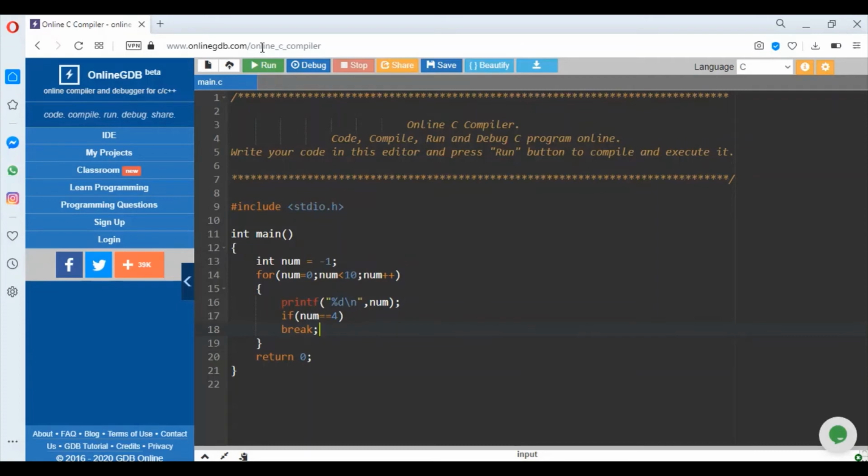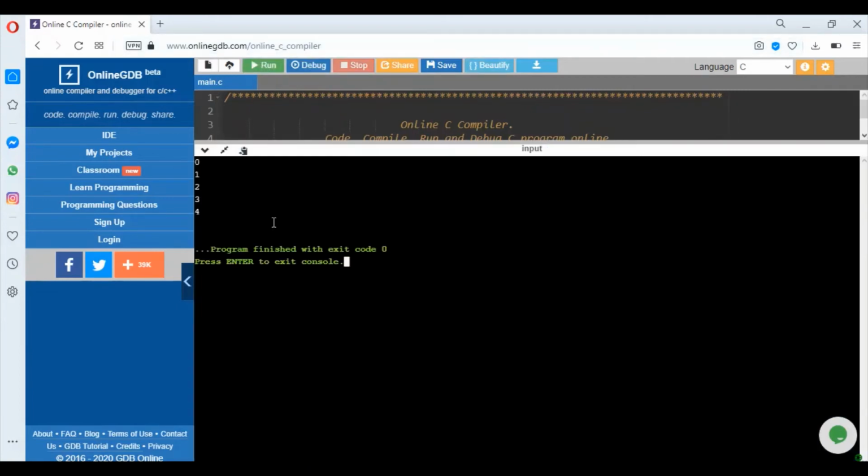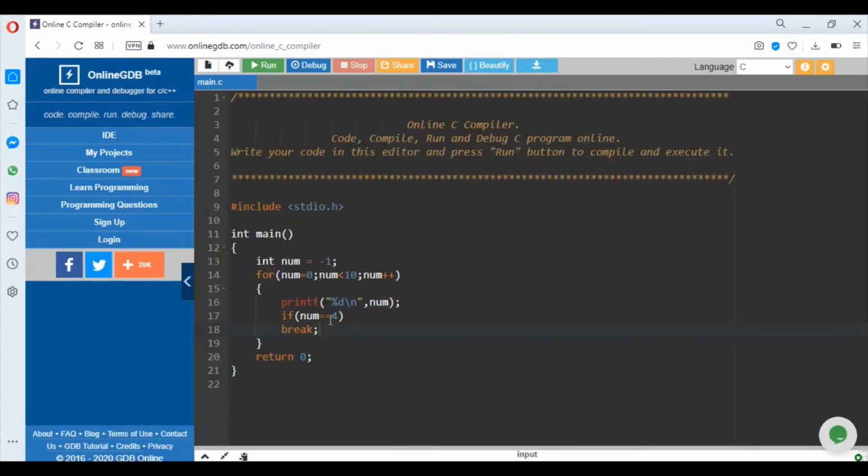If I do this, then what will happen is, see, till 4, whenever the value is 4, the loop is getting terminated, right? So whenever the value of num was equal to 4, break was executed and it exited the loop and the control reached here. So this is what break does.